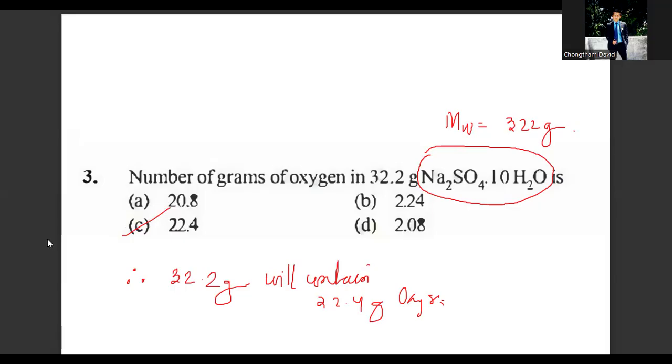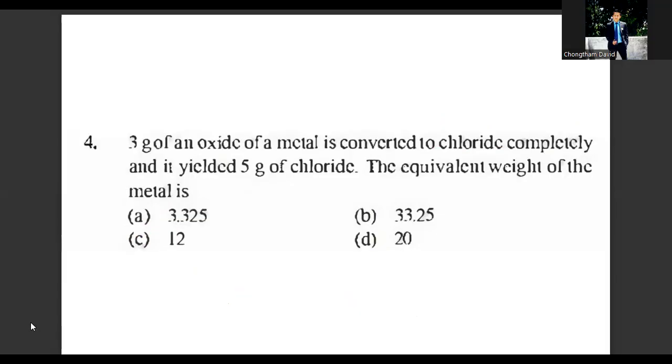Moving on to the next question, number 4. 3 gram of an oxide of a metal is converted to chloride completely and it yielded 5 gram of chloride. The equivalent weight of the metal is. Now there's a relationship that you have to find, the relation between weight and equivalent mass. So what was the formula? I will write it here: weight of metal oxide divided by weight of metal chloride. Then the upper one is the metal oxide. So it equals